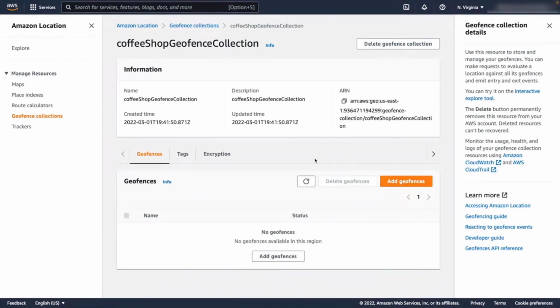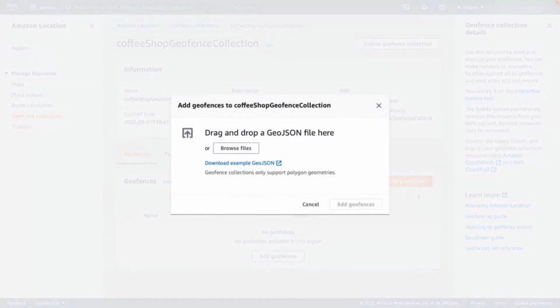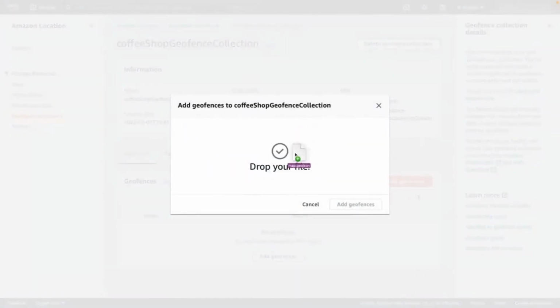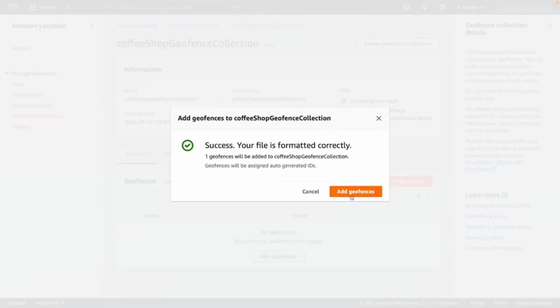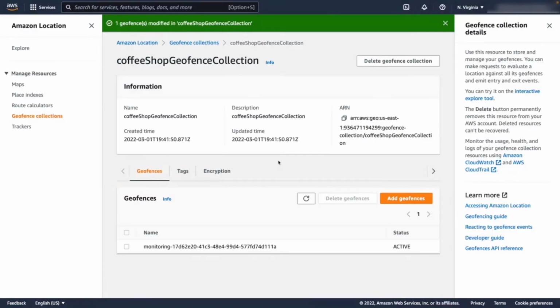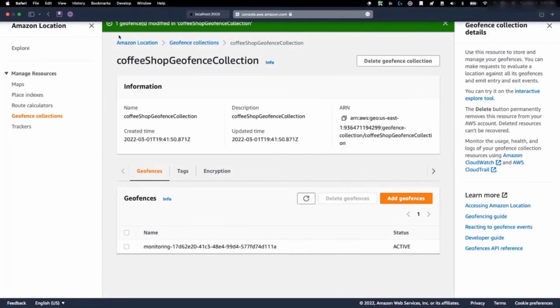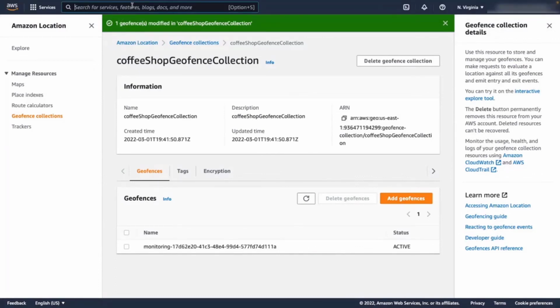Now, this could be done with a file or by heading to a site like geojson.io to create the geofence that way. I already have a file, so I'm going to import that right within our app and select Add Geofences. So with that geofence added, once a user enters those bounds, we want to trigger an EventBridge rule, so that way our Lambda function gets triggered. Now, to ensure that that integration is in fact set up, we're going to head over to EventBridge